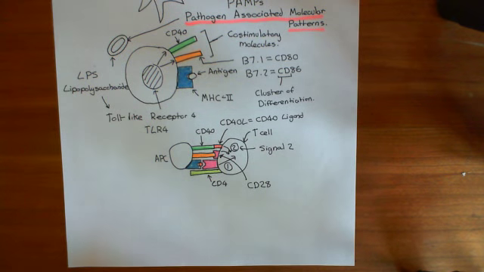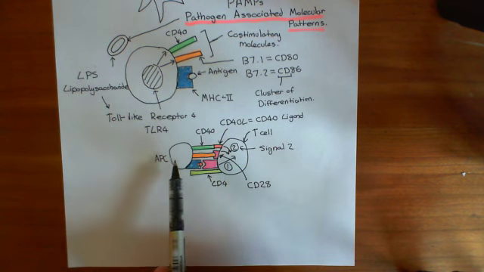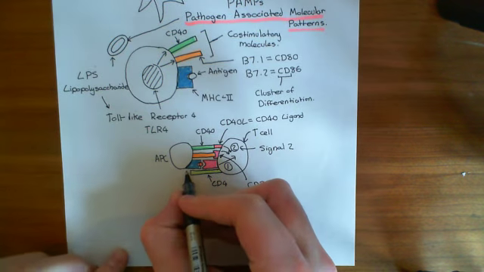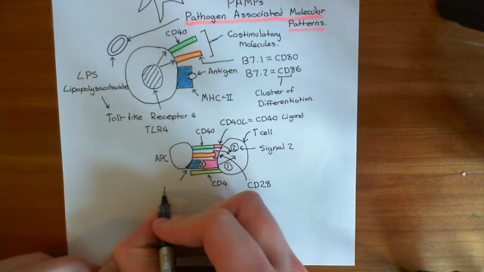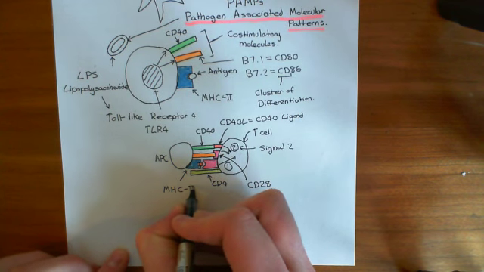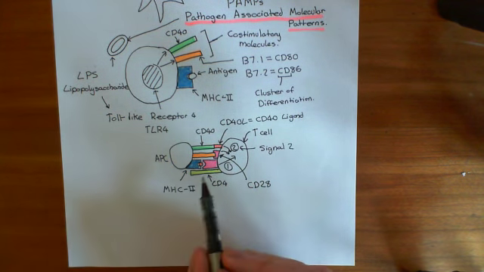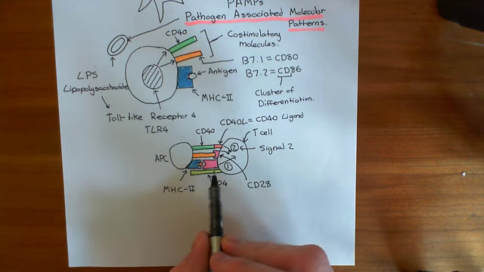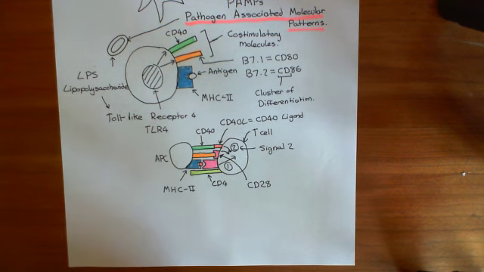Okay, so welcome to this next video on the activation of T cells. So far what we've seen is that an antigen-presenting cell will dock a fragment of an antigen on its MHC class II molecule, standing for Major Histocompatibility Complex class II. And that will be recognized by a T cell receptor here in pink, and every T cell has a